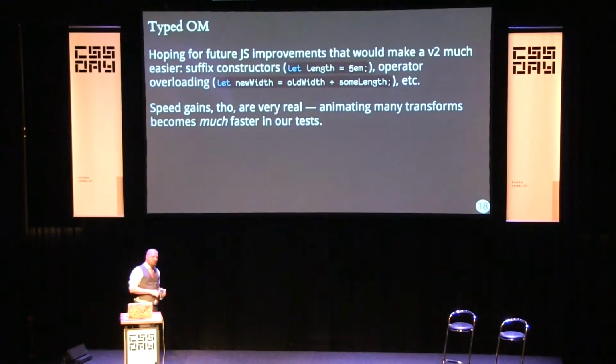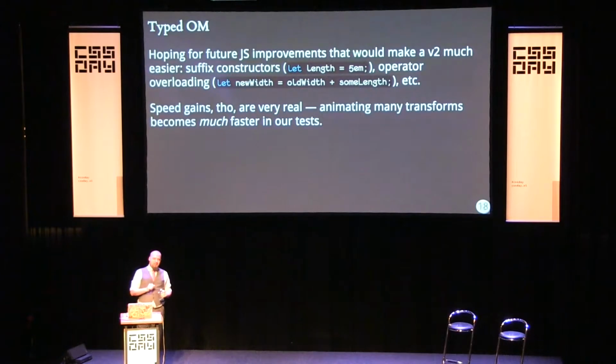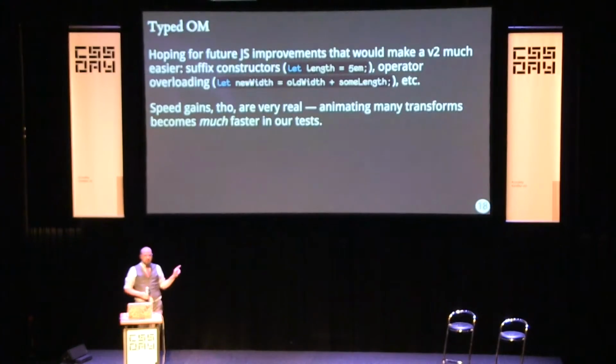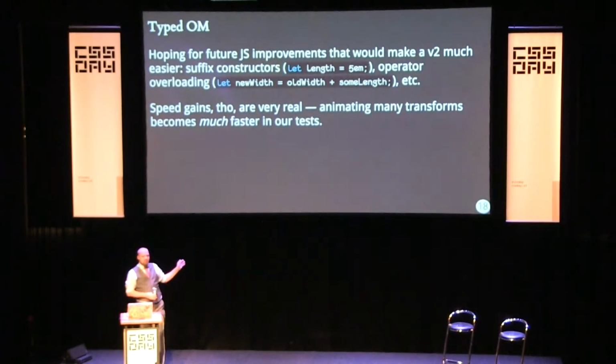There's a few extensions to JavaScript that we're still hoping will happen that will make this even easier, though. We're not sure if they're going to happen at this point, but I'm still pushing my other coworkers at Google, who work in TC39, the JavaScript standards body, to try and get these in. One that I'm really excited about, if it ever happens, is suffix constructors, letting you do simple numeric things with a suffix. You're familiar with these probably from C or C++, where you can do 5L to be a long. And if these showed up in JavaScript, then simple values would be way easier to write. Instead of css.em parenthesis 5, you would just say 5em. Looks like CSS now. That's great.